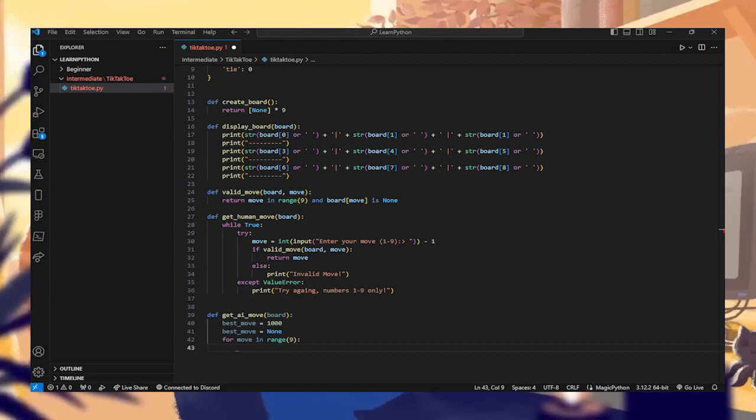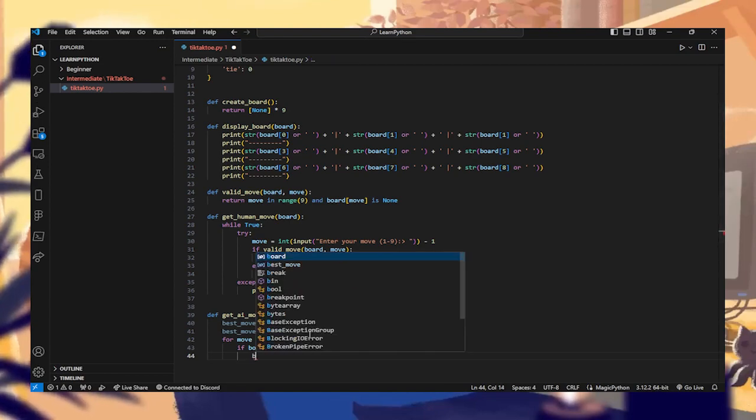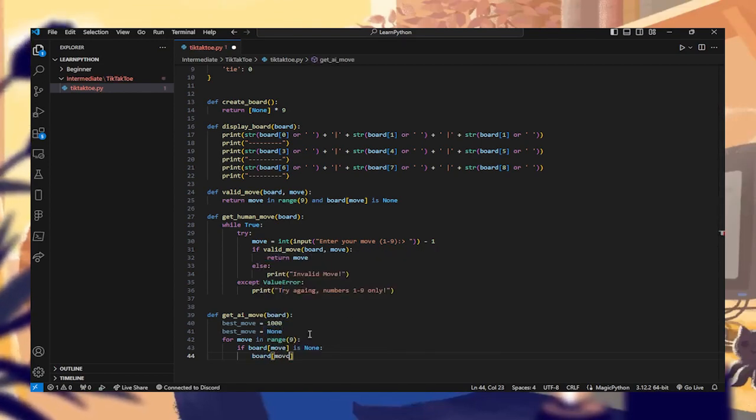So if board move is none, then board move is equal to AI,